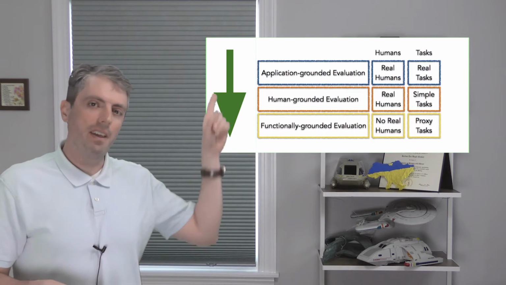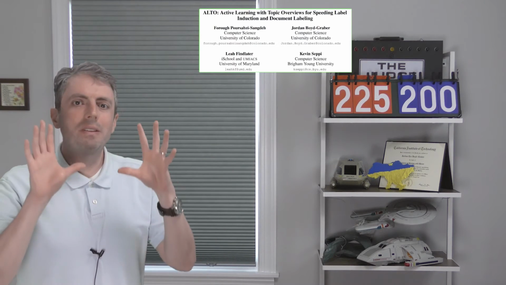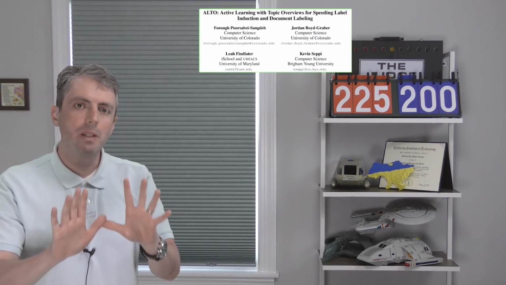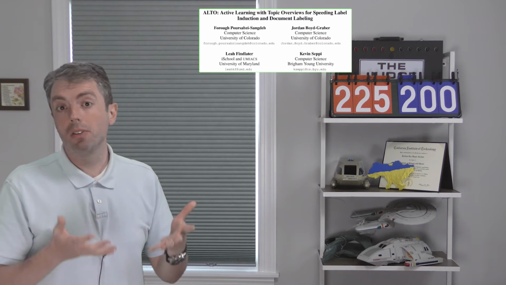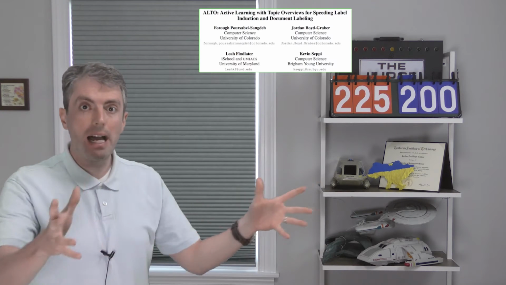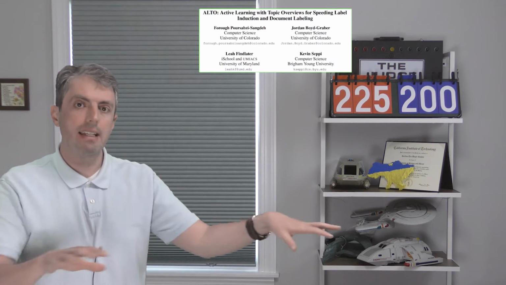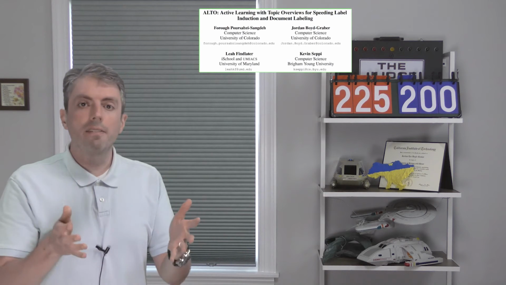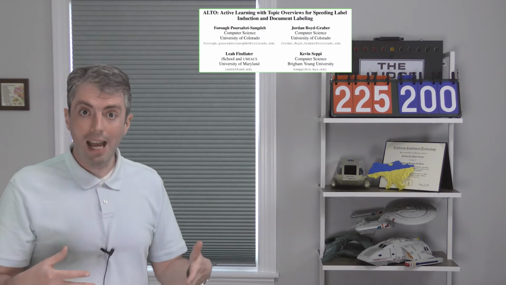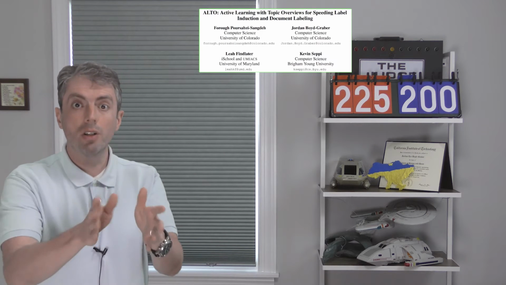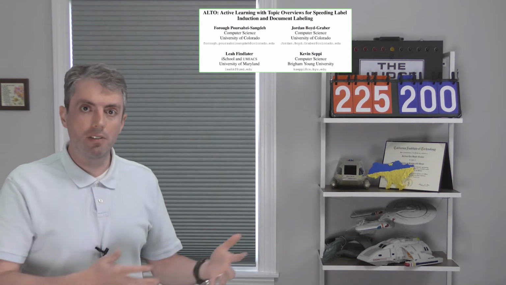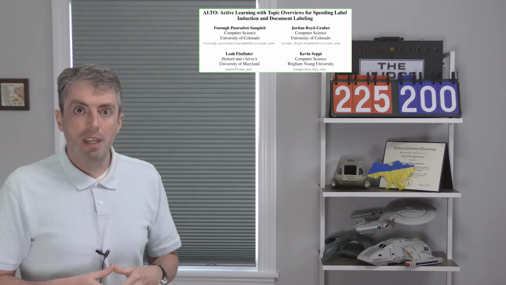Let's start at the top. The most expensive evaluation requires real humans doing a real task. So what could you use topic models for? Let's say that you have a big pile of documents and you need to sort that into piles. You're organizing a conference and you need to sort the submissions into tracks where they'll be reviewed and eventually presented. You're a journalist, and you need to sort all the emails of a corrupt politician into themes. You're a lawyer, sifting through a company's documents through the discovery process, and you need to find out what the company was doing.